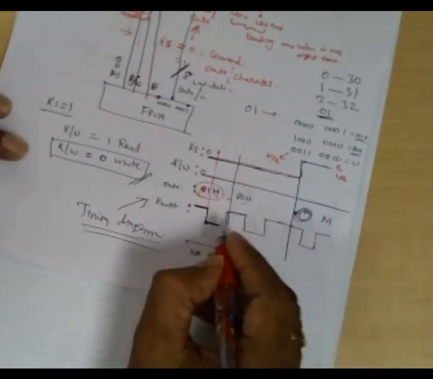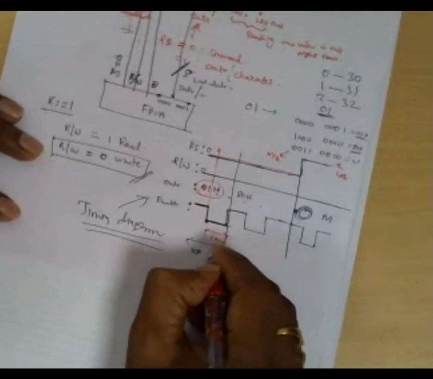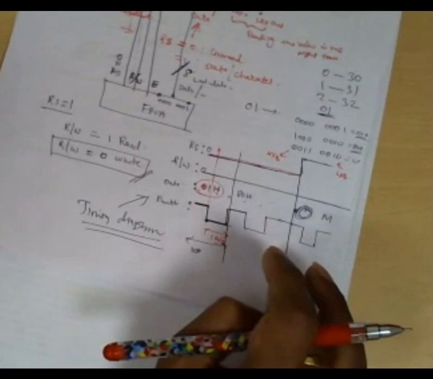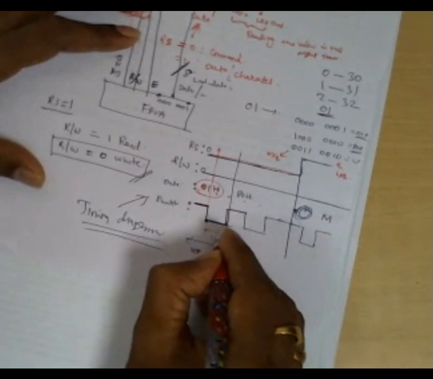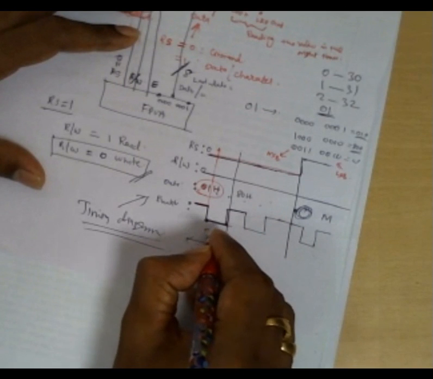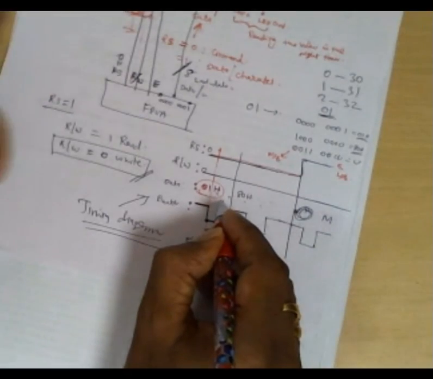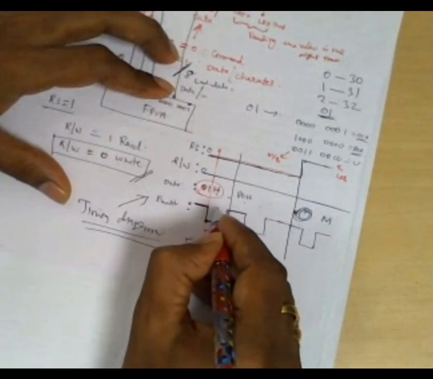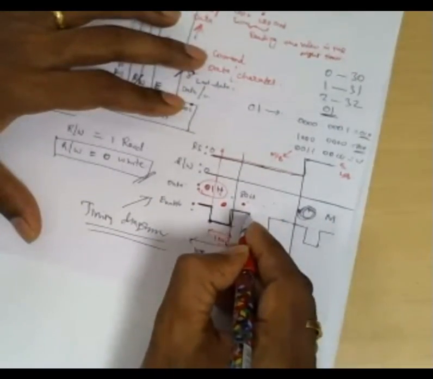So what we will do is leave some time here, generally maybe 1 microsecond, for example, assuming that the action will be completed well within this 1 microsecond. After 1 microsecond, again I am making this pin high. Even when it is in the falling edge, here you can give the second value also, because the LCD will accept the value only on the falling edge. So the second command you can change at this instant also, nothing will affect it. Here also you can do it, nothing will affect, because it will accept only at this edge.